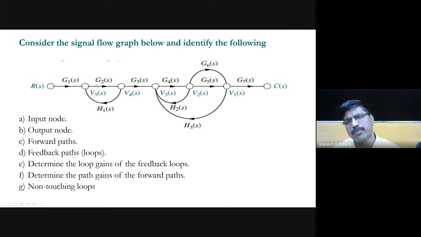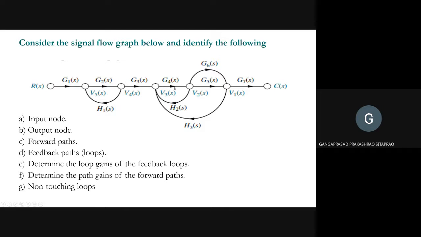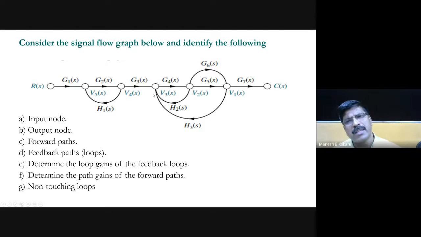Can you tell me another loop? Loop gain, another loop gain. This is one loop gain, G2 of S multiplied by H1 of S. Quickly, we have 2-3 minutes time only. G4 of S into H2 of S. Right. Is there any third loop in this? Where signal will start and terminate at same node? G5 of S into